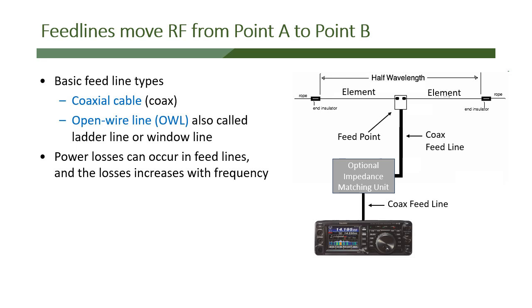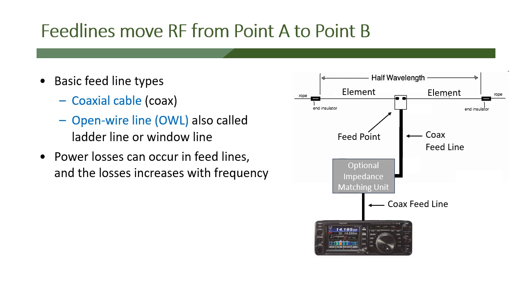So, as I said, they move the energy from point A to point B, from transmitter to the antenna, and back, and also from the antenna to the transmitter. And the basic feed lines are a coax cable and open wire line, which is also called ladder line or window line. And you can have power losses that occur in the feed lines, and the losses usually increase with